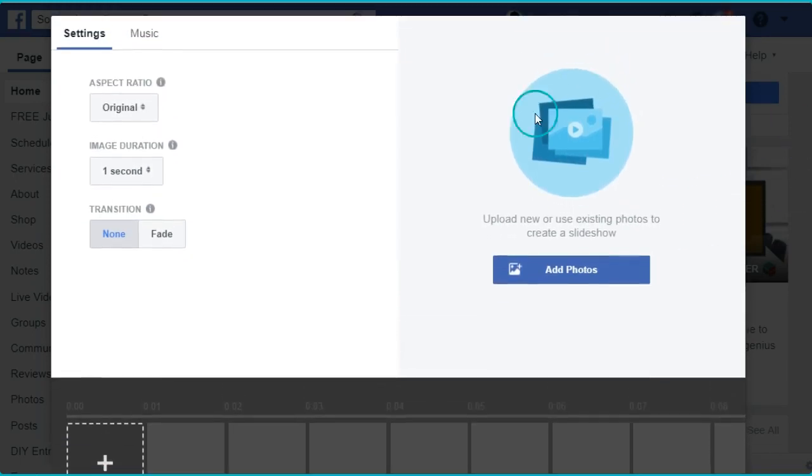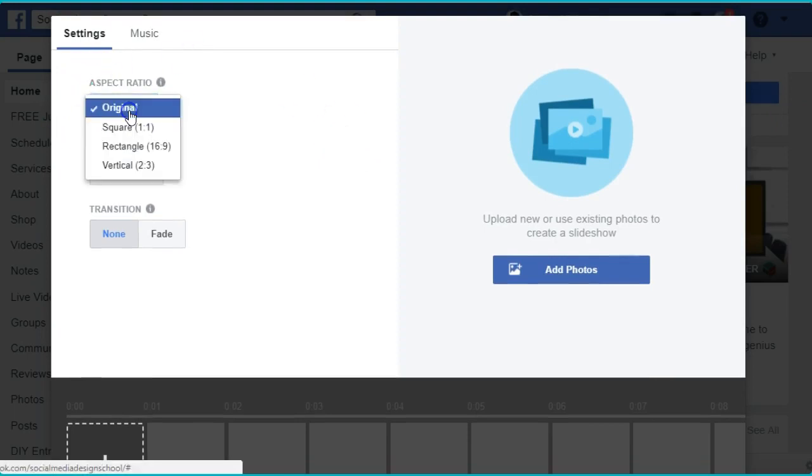So as you can see on here, you can have a look at the ratio. You can have it square, rectangle, or vertical. I think a lot of it was probably based on the dimension of your image. So I'm going to have a rectangle, and then I don't need to do any of this right now, but